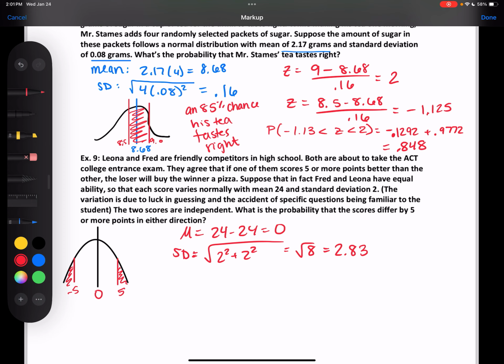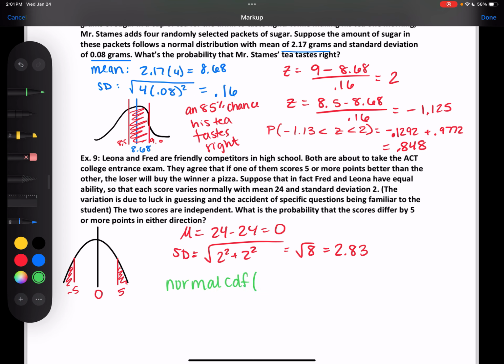If I was going to do a z-score, I would only have to do it once because one is +5 and one is -5. So the answers that I got, I would just do it for positive and negative. But I'm going to do it on the calculator. We're going to actually do 2 different normal CDFs on the calculator. We're going to have the normal CDF